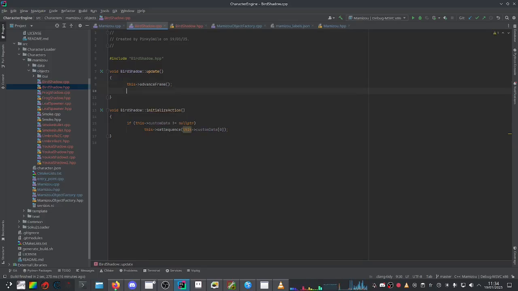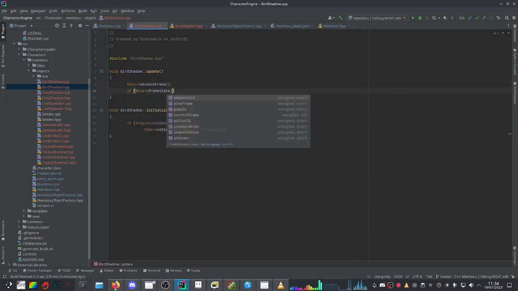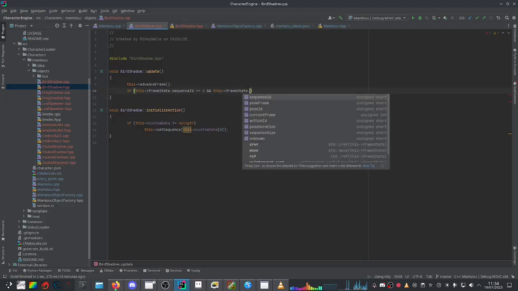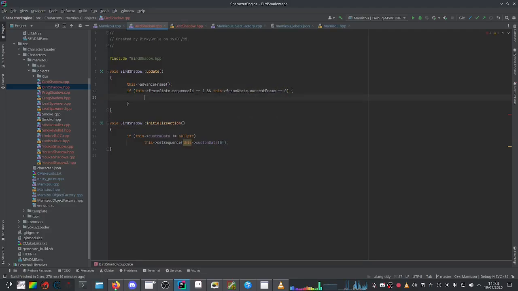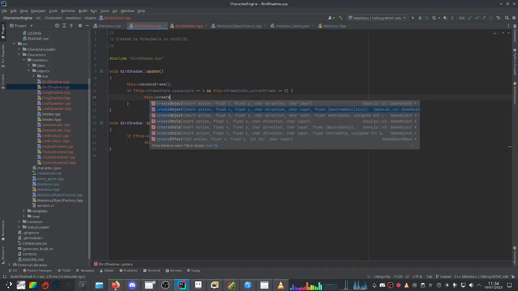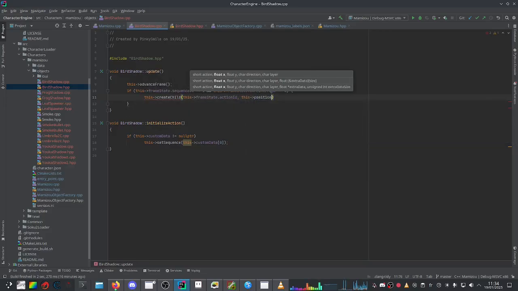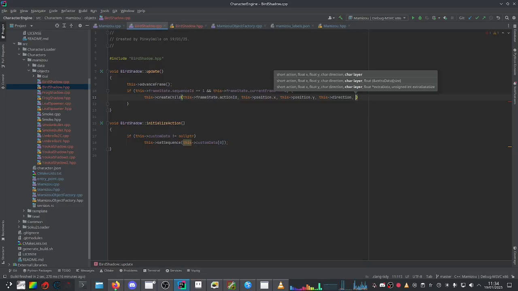For that one we are going to say that if we go in the sequence 1 and it's the very first frame, then we will create the child object, which is our own action ID, position X, position Y. The direction is the same again, and the layer is going to be in front, and